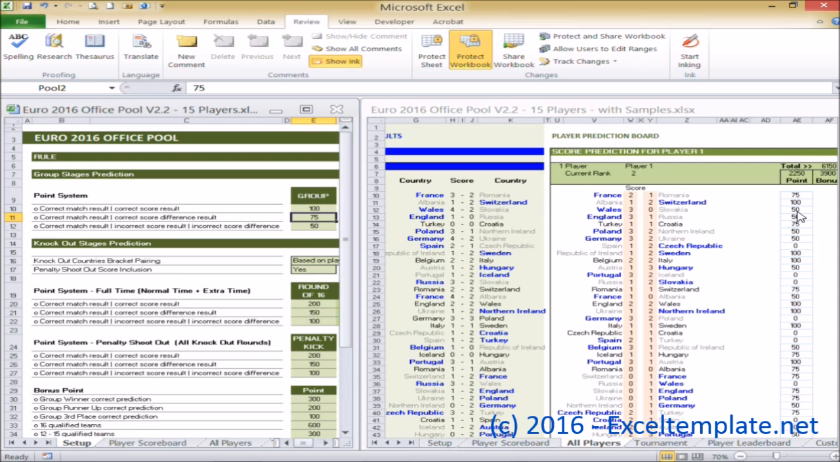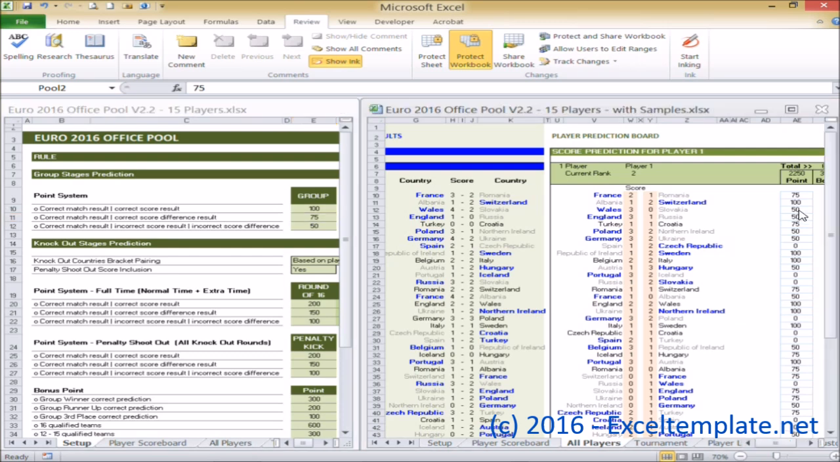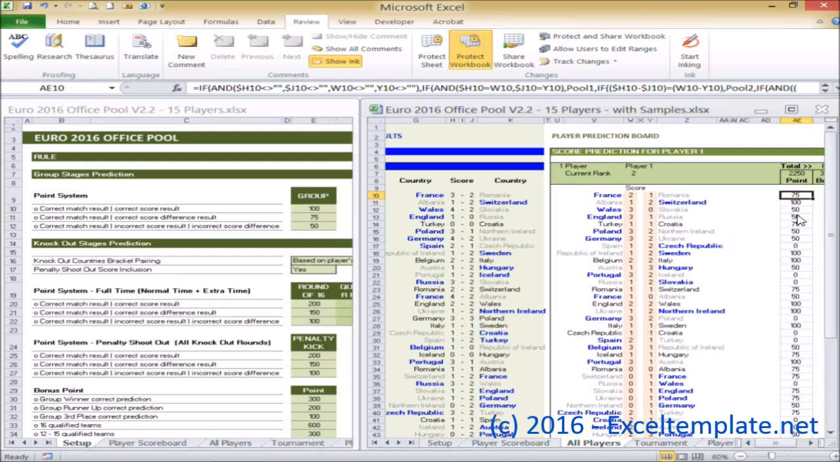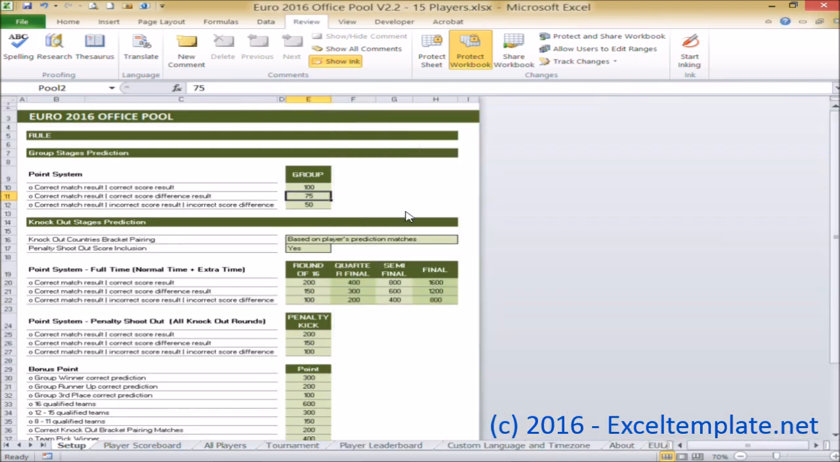And for the third one he just gets the minimum point because the result is correct. Wales won, but the score difference is not the same. And if the prediction is totally incorrect, you will get 0 points here. Okay, now we can go to